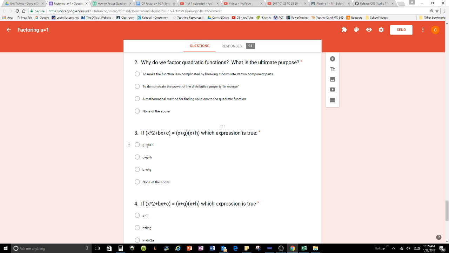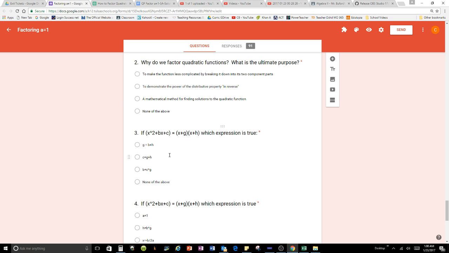And so when we look at our options here, nowhere do we see c equal to g times h, and nowhere do we see b equal to g plus h. Okay, so our answer would be none of the above. Again, that's something where you have to look at your notes, and if you actually did the classwork, every time we did a problem,